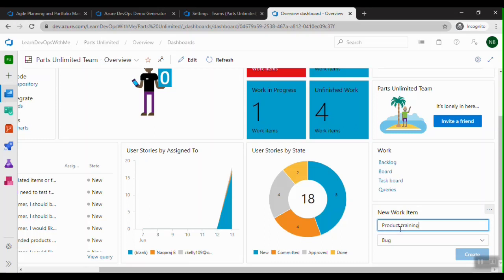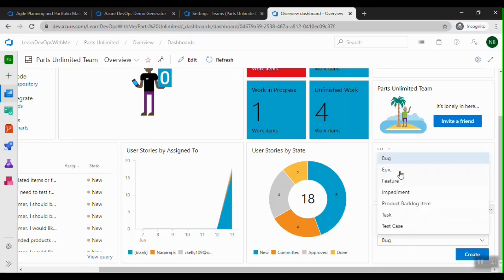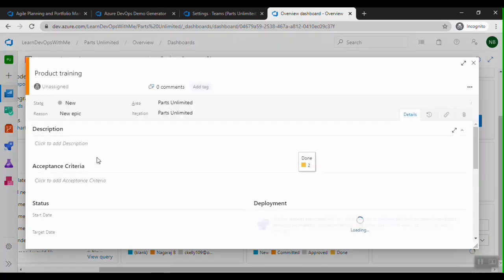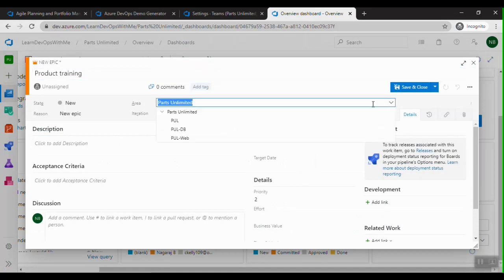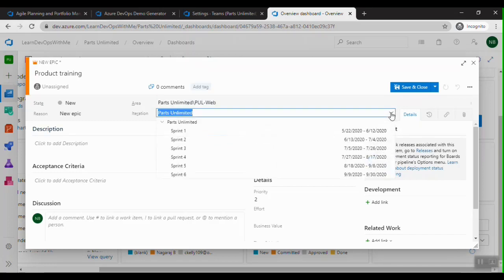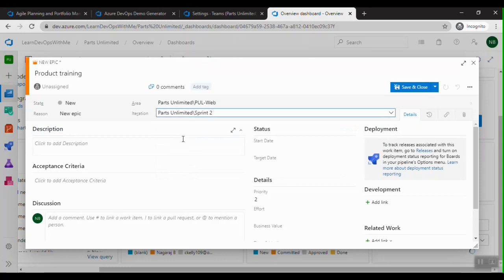Let me enter the title, choose epic and click on create. This will open up in a new window. Let me select the area path as the web, and the iteration as sprint 2.